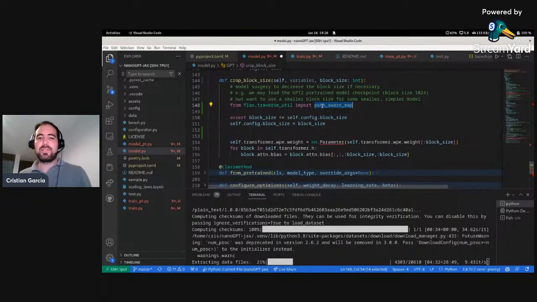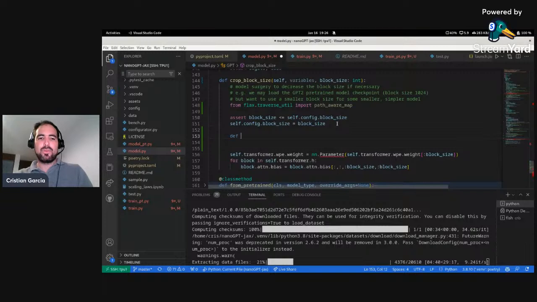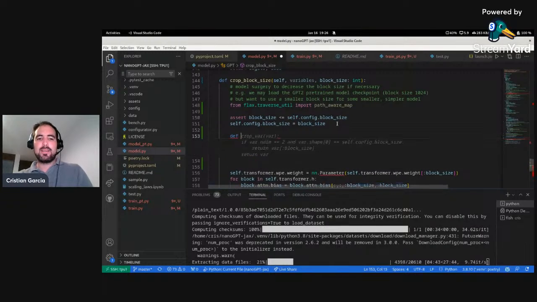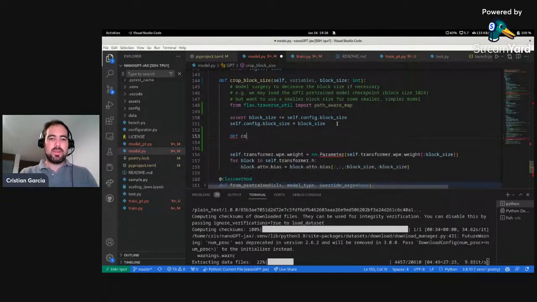It's doing some parameter surgery. So a tool in Flax is using this path_aware_map function. So what it does is that it, yeah, maybe crop weights. We can create like a function like this. Takes a path, and then it takes like an array, so something like x,